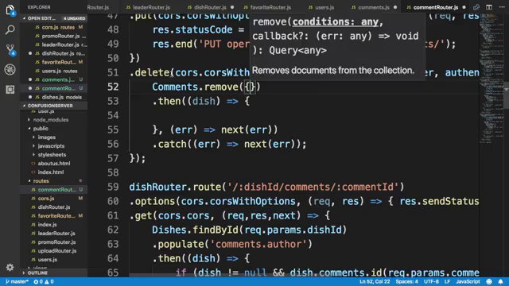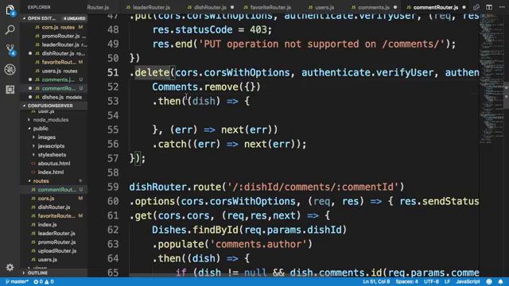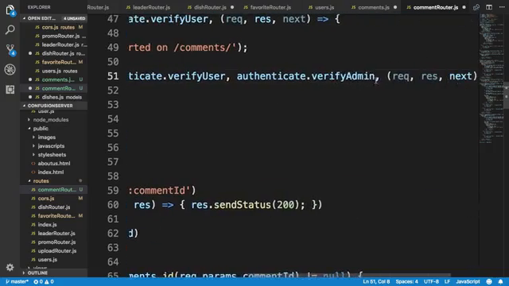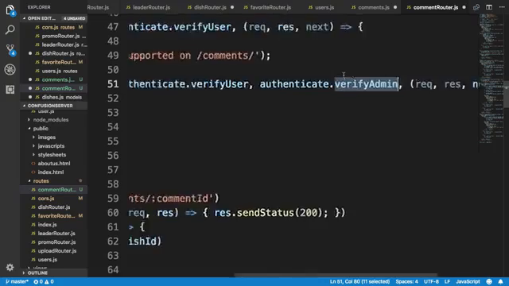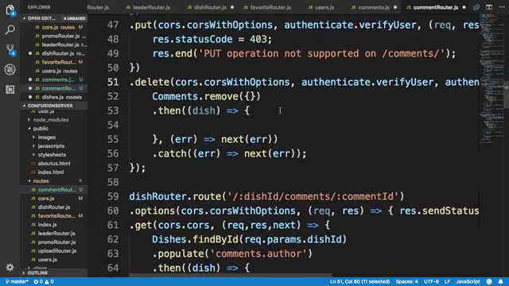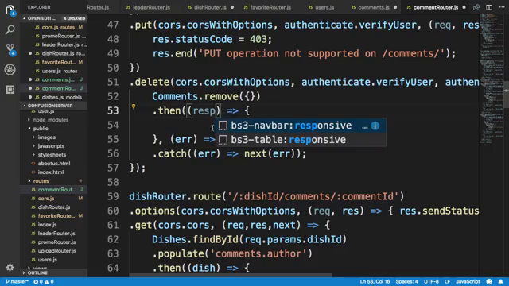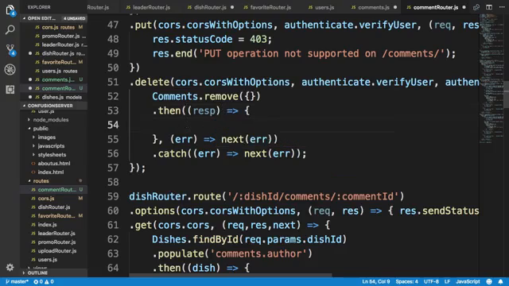So when you do a delete on the /comments endpoint, you will remove all the comments from your system. This is a very dangerous operation, and so you should not be doing this normally. So we'll only allow the admin to perform such an operation. So we'll remove all the comments from there, and then when you get the response, we'll say